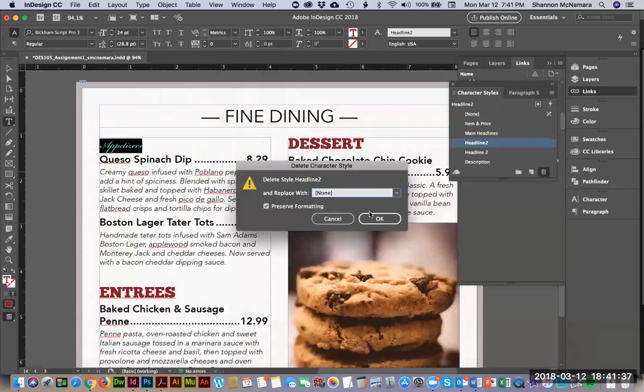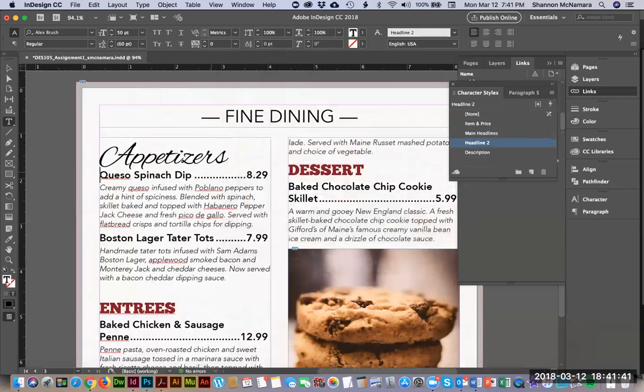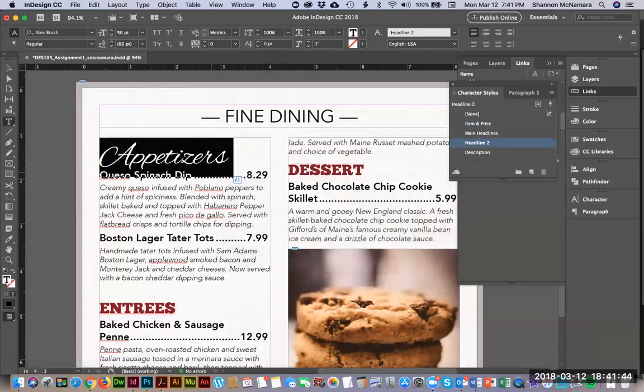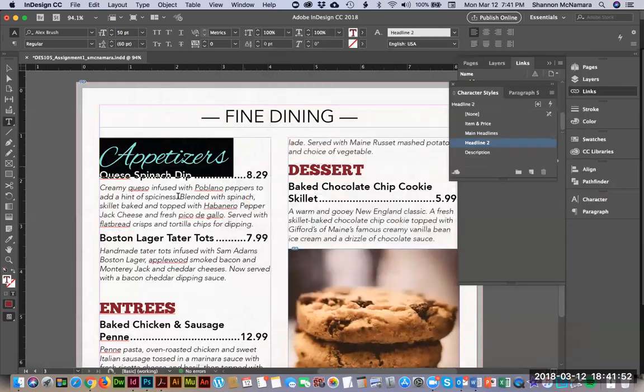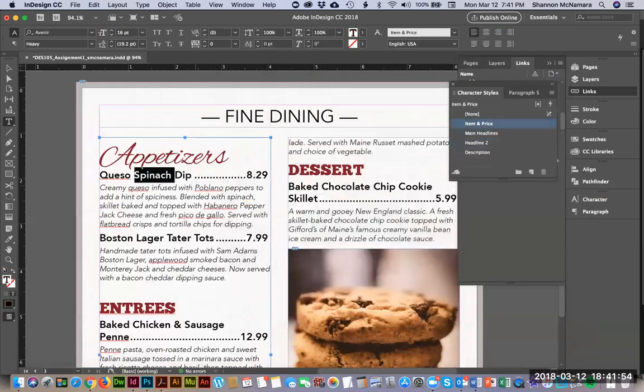Delete that one. There we go. All right. Next, I need a new font. Ooh, I've lost my color. There we go. All right, I need a new font for my